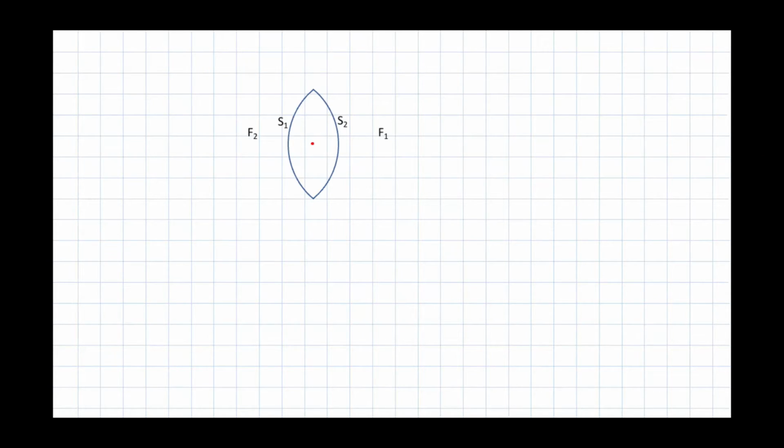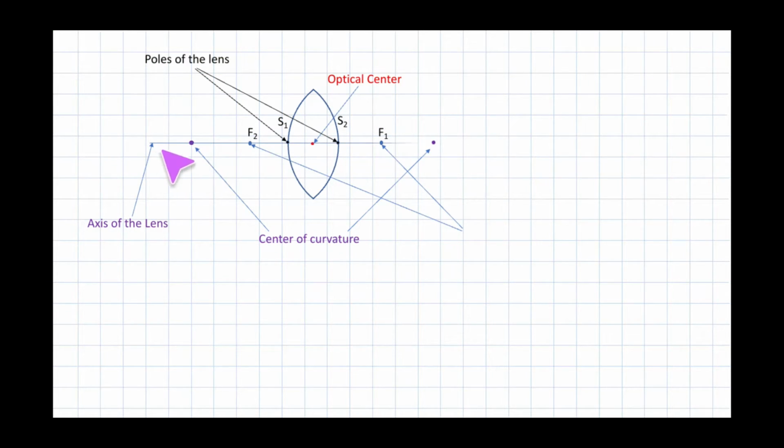So in short, we'll see the things. This is a lens. These are the centers of curvature. The line which passes through them is called the optical axis. So these are the poles. This is the line which is passing through the centers of curvature. The point at which this optical axis cuts the surface is called a pole of the lens. There are two surfaces, so there are two poles, and here F1 and F2 are focal points.